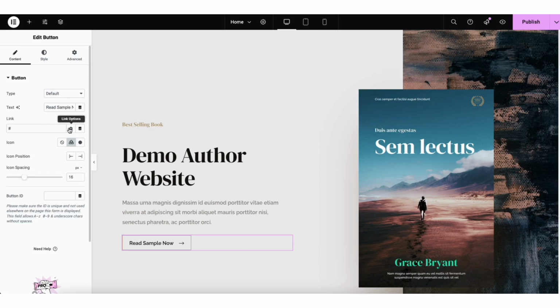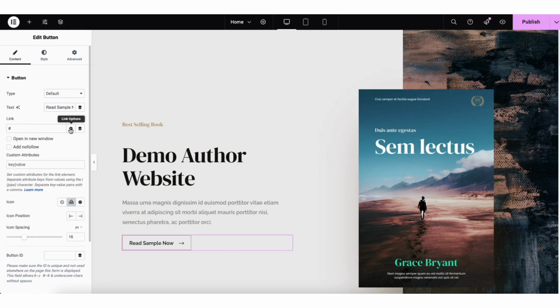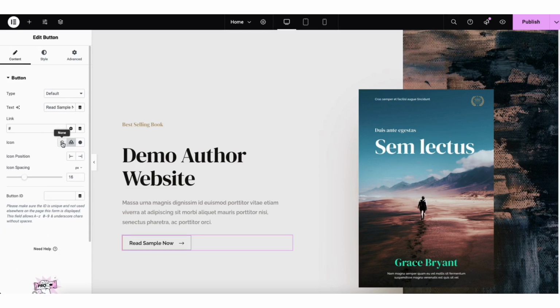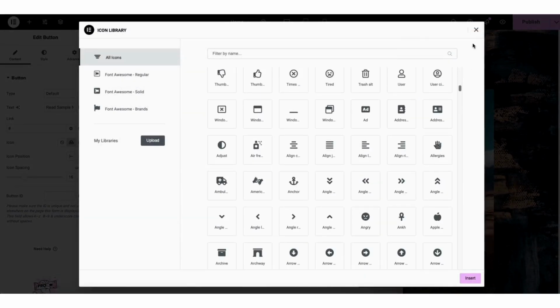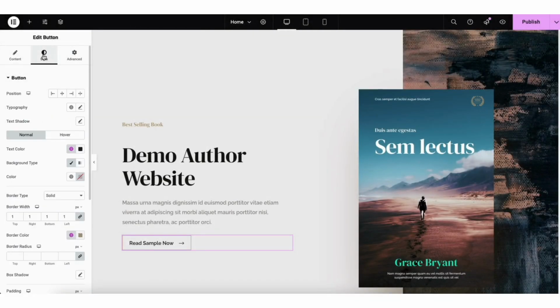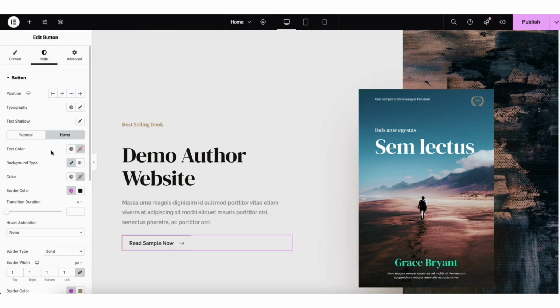If you click the settings icon next to the link, you can choose to have the link open in a new tab and make it nofollow if you'd like. Where you see icon, you can select to not have an icon with the button. Where it says Upload SVG, you can upload an icon. If you click Icon Library, you can view icons you can add to the button. If you click Style, you can make changes to the font used and colors for the button. If you click Hover, this is where you can make edits to the font and colors on the button hover.